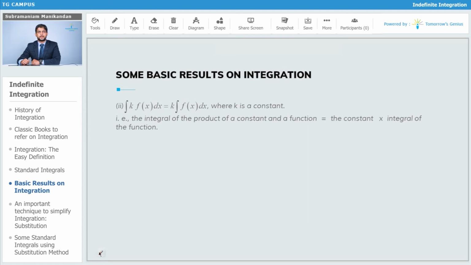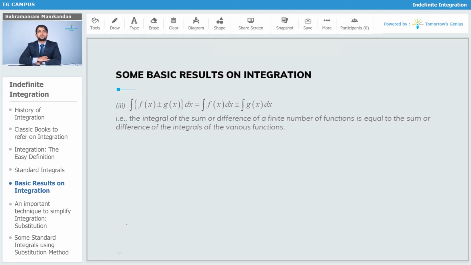How do we do it practically? Integration of 5 times, say, the function sin x will be equal to 5 times the integration of sin x with respect to x, and so you get negative 5 cos x plus c. So this is the way you deal with a constant which is multiplied by the function to be integrated. Okay, next,